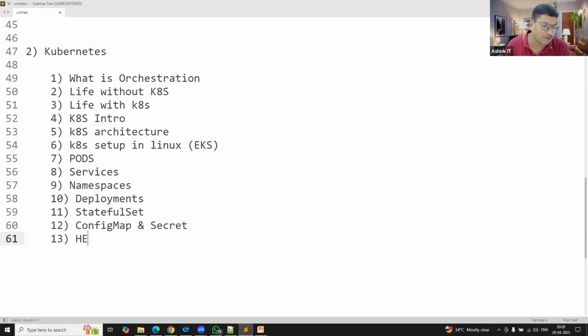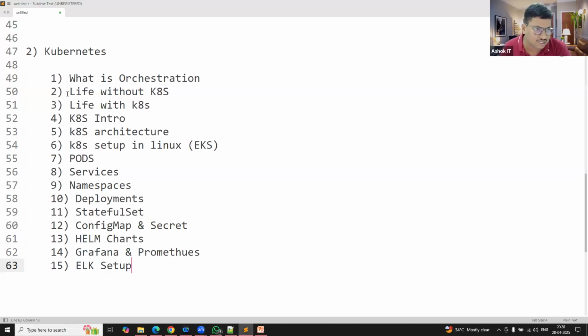We are going to talk about Helm charts in Kubernetes, and Grafana and Prometheus in Kubernetes, how to monitor our resources by using Grafana and Prometheus. ELK stack setup we are going to discuss in Kubernetes.